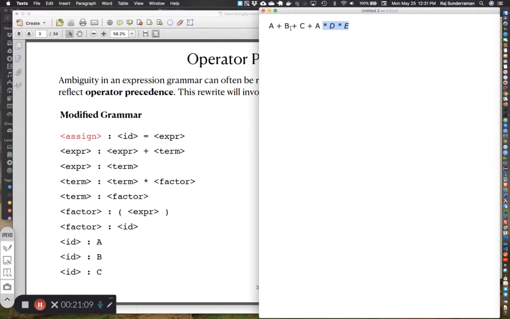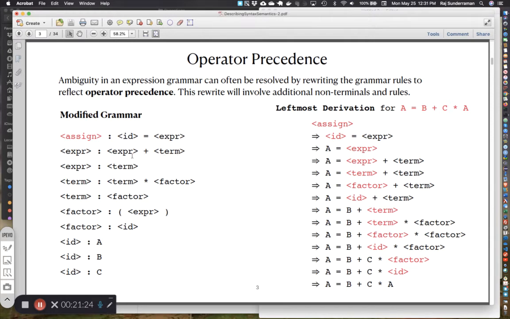Remember we just made that observation, and vice versa. The plus must happen later, right? After the times, which means the plus should appear higher in the tree. So that's the observation we use to come up with this new grammar. So look at the rules for the plus. Actually there's only one rule for the plus, but the second rule transfers control to the